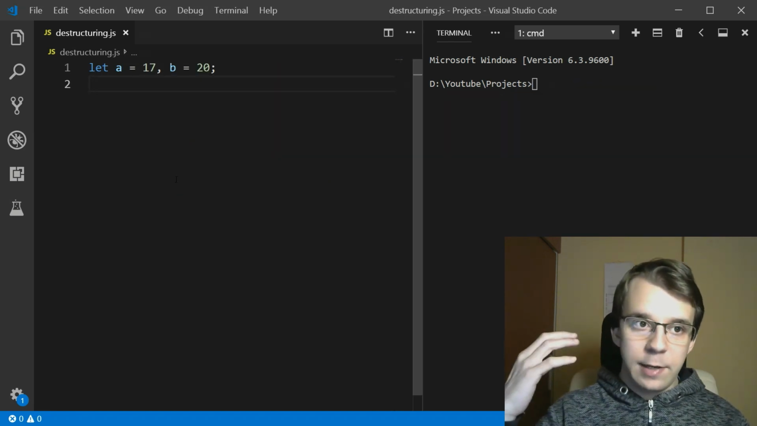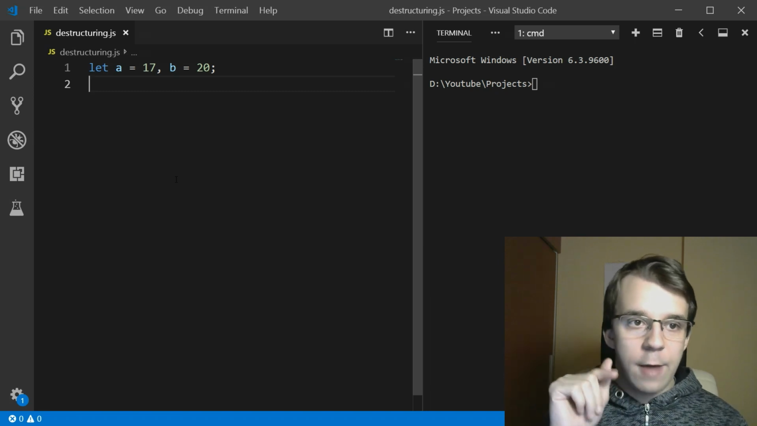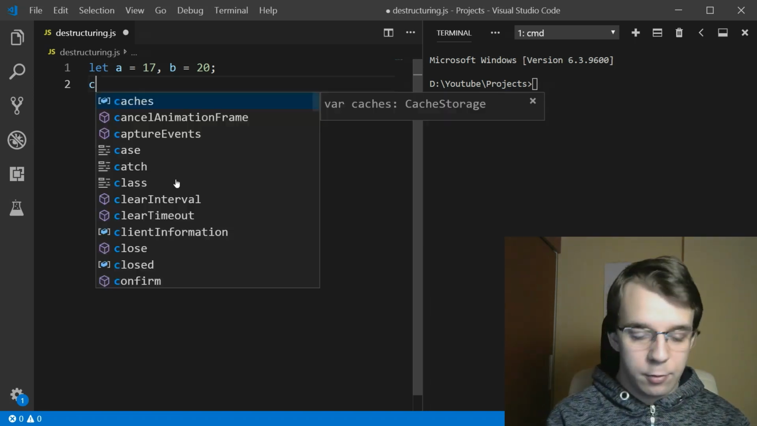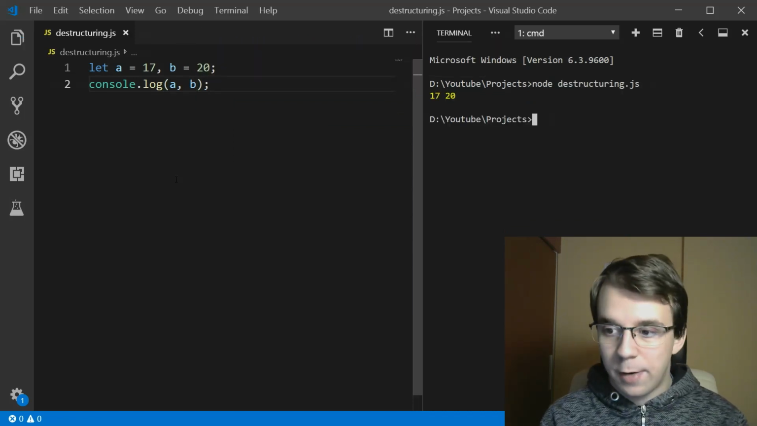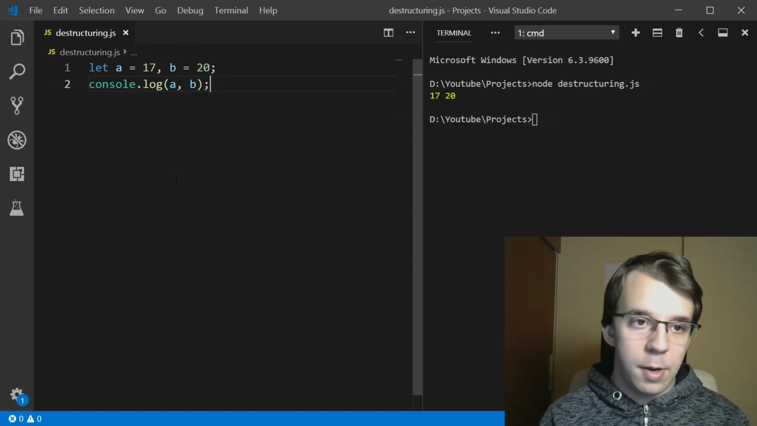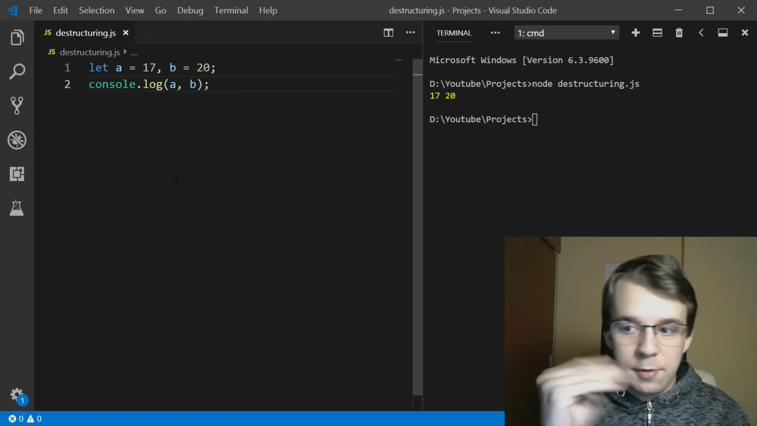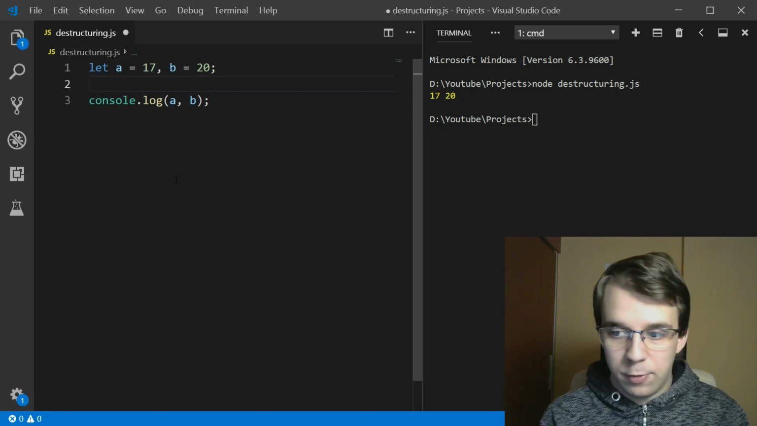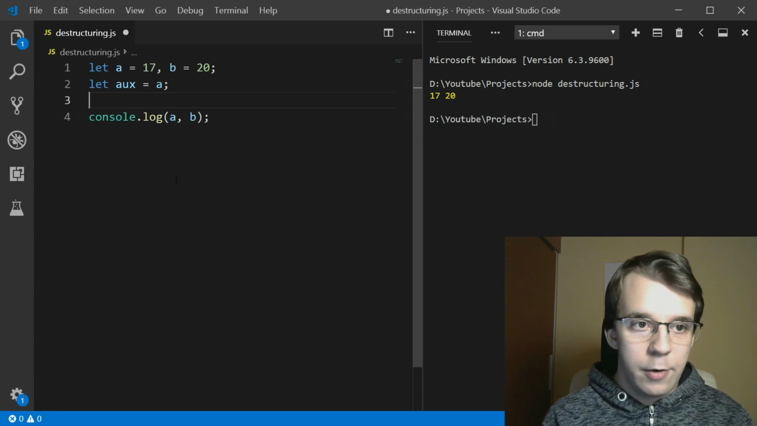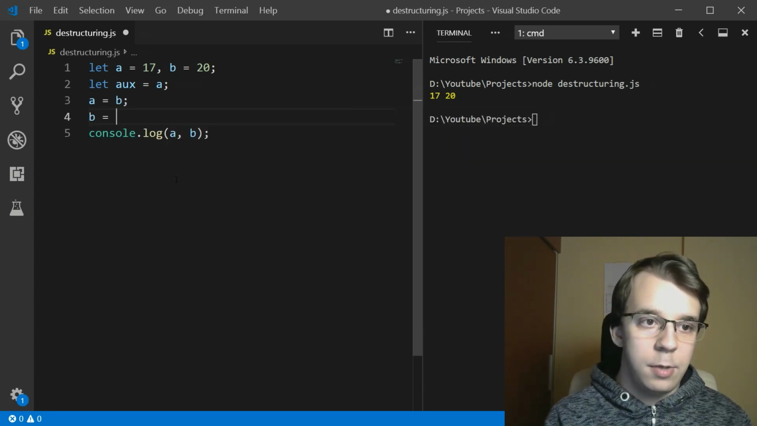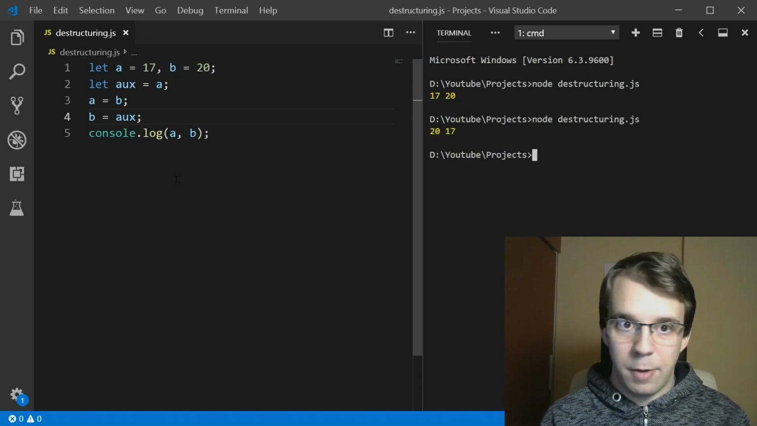One last thing relating to destructuring is when it comes to swapping variables. So here we have a equals 17 and b equals 20, right? If I try to console log a and b and run this, sure enough we get 17 and 20. Simple enough. But if I want to swap them, there's a way to do it in just one single line. Usually what you do is get another variable, assign it to auxiliary, and then you say a equals b and then b equals auxiliary, and there you go. That would have swapped my variables, but